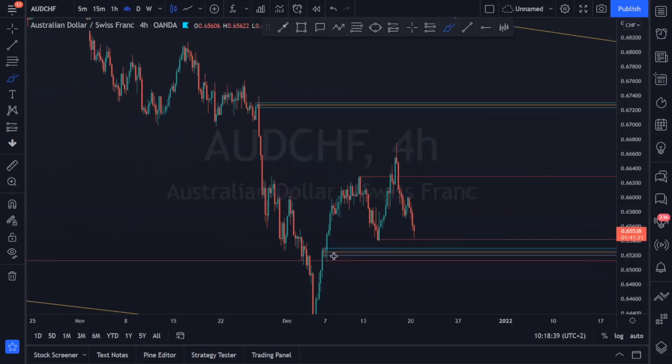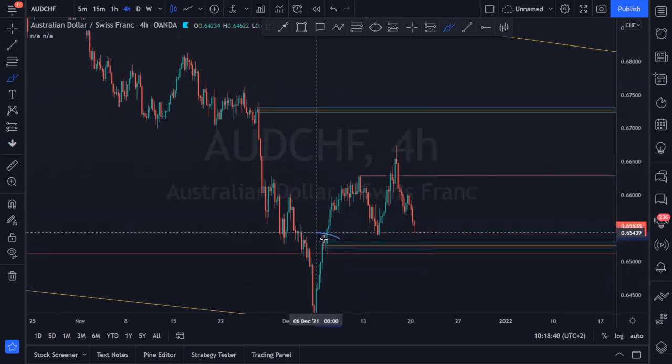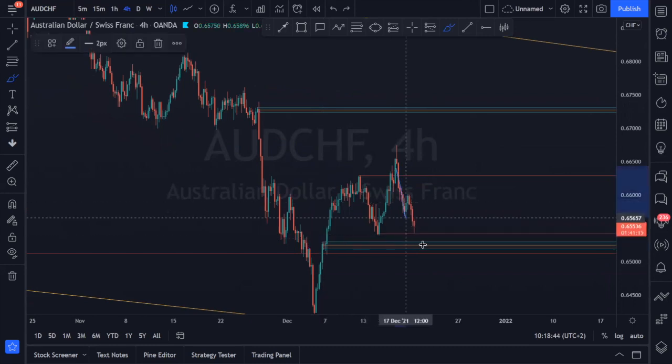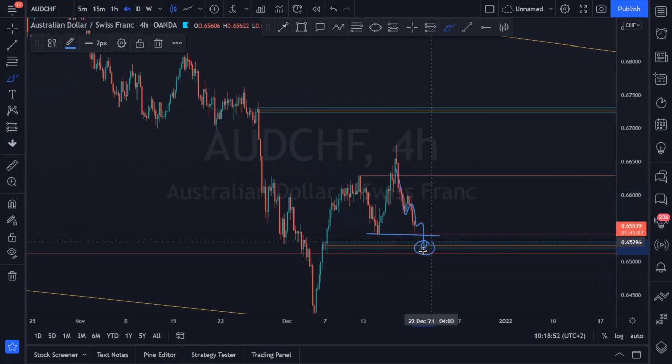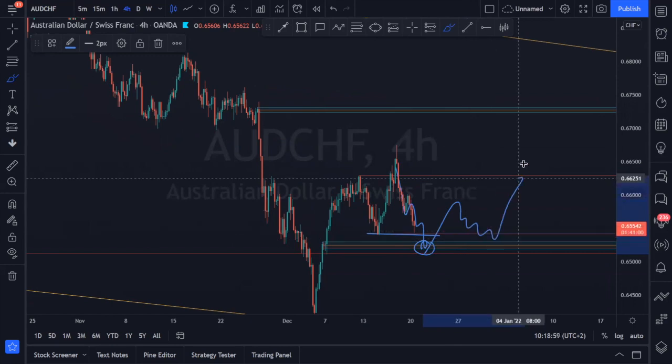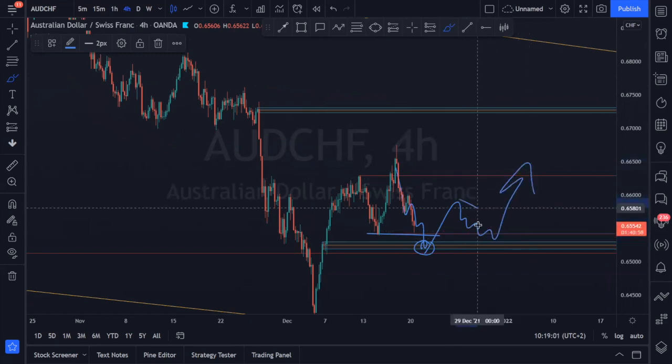Simple enough, guys, we've got our level of structure in this area here. All we need to wait for is for prices to first of all violate our support structures. Once we've violated these previous important support structures, if we don't find our entry from these levels, simple enough, we wait for price action to give us momentum back in our direction and then correctively retest our levels of structure. And once we've seen a beautiful retest of our level of structure, guys,